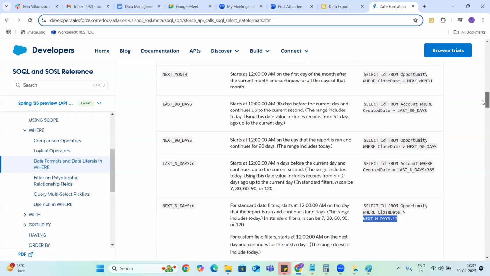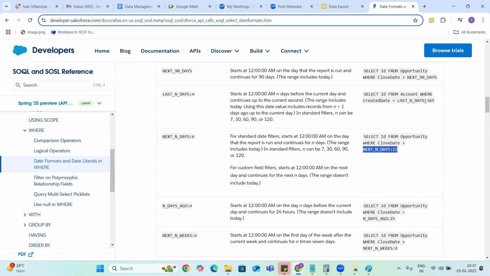It will give me the accounts created in the last 1 year. Or if you want to get the next N days, for example opportunities which are planning to close in the next 15 days, this 15 you can replace with any number, guys.